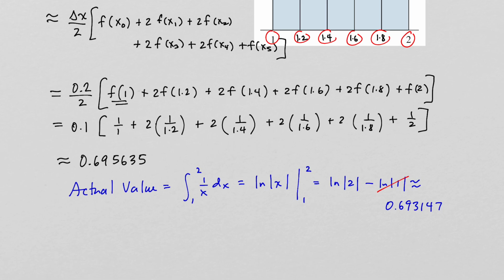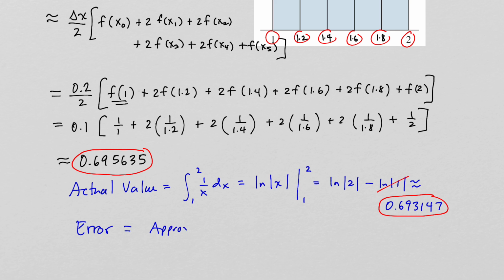So that's the actual value of the integral. The value that we got was this value here. So we can calculate the error. To get the error, you would simply take the approximated value minus the actual value. And so in this case, that is 0.695635, and we're going to subtract 0.693147. And this is approximately